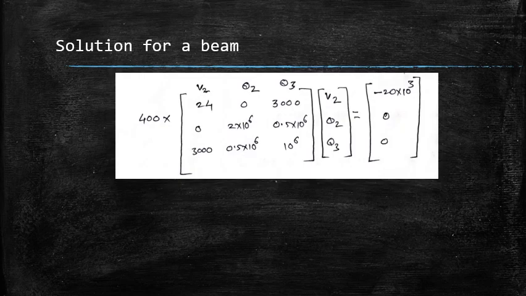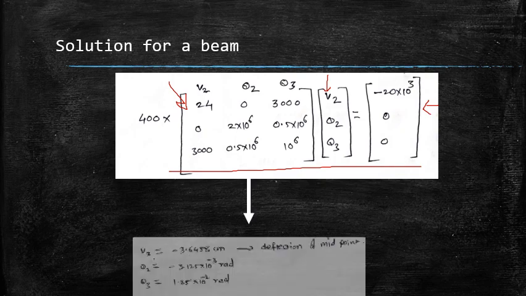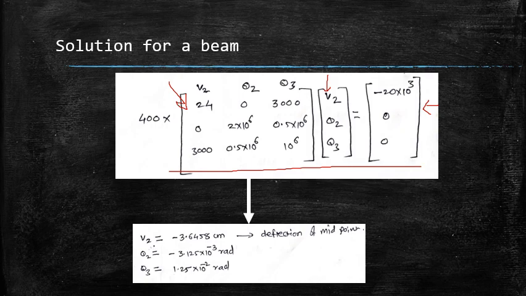Upon imposing the elimination approach, we get this reduced matrix. This is called a reduced matrix, which is a 3 by 3 matrix. So this equation represents three simultaneous equations: this reduced matrix into this vector is equal to this vector. Upon solving these simultaneous equations, we get V2 is equal to minus 3.6458